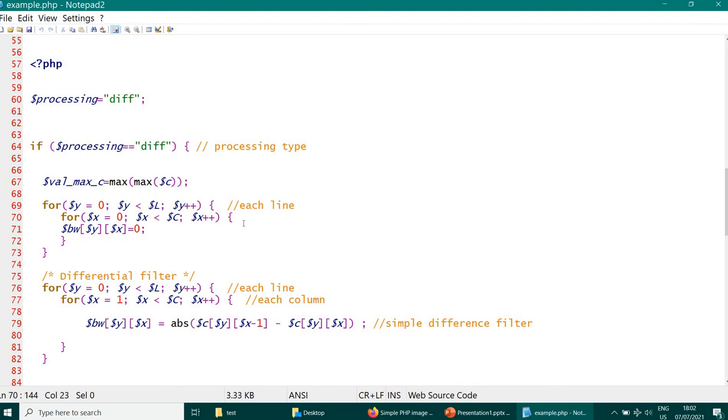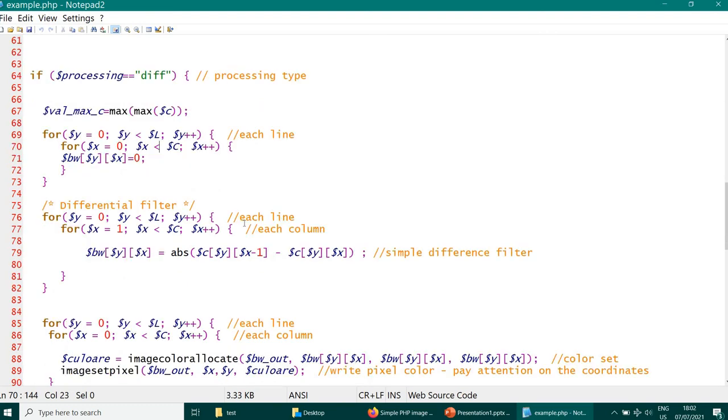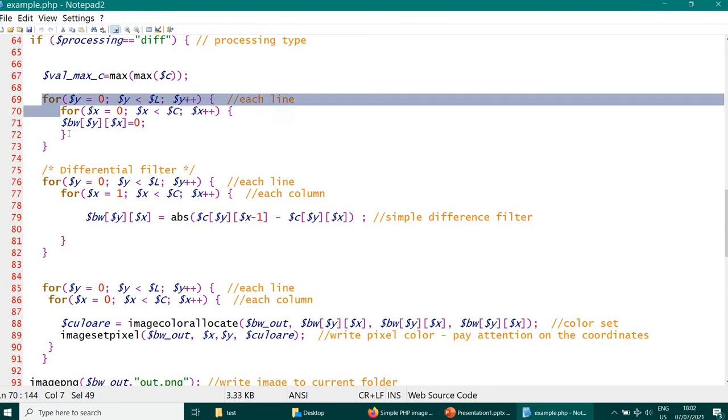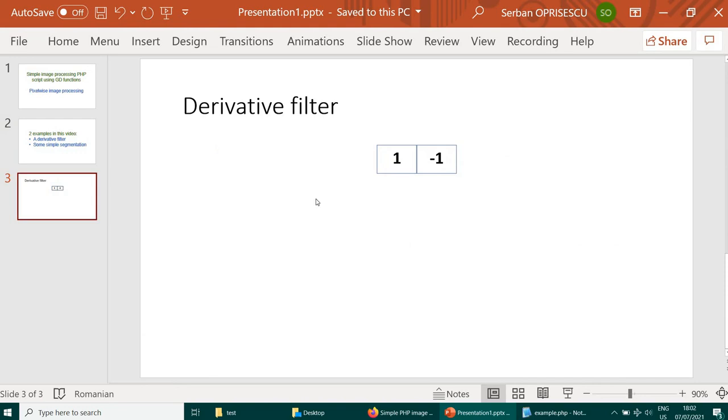For this I first initialize the derivative image, and then it's a simple subtraction, as you can see, because a derivative in its very simple way could be implemented like this, with neighborhood plus 1 and minus 1.